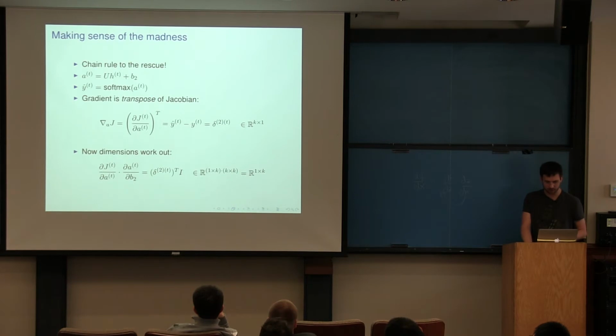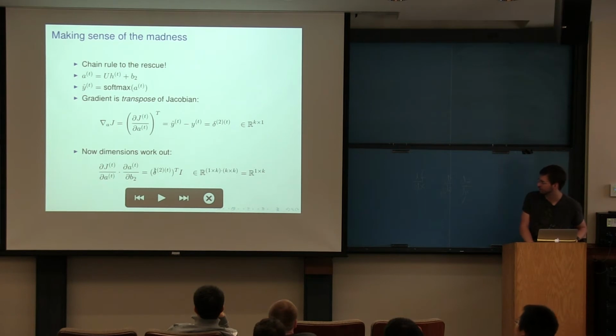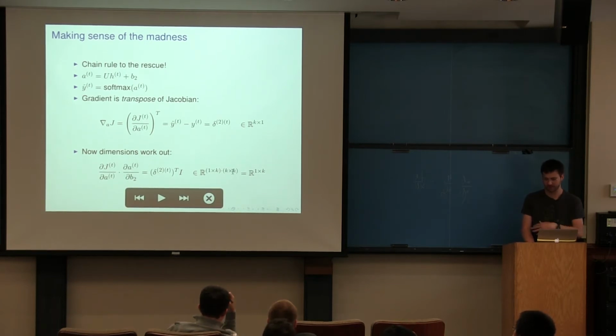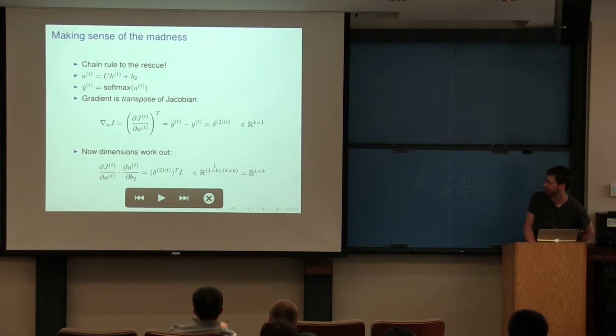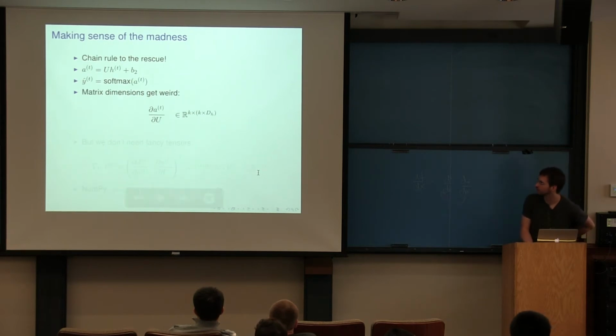So if we do that here, we're just going through this nonlinearity, and we see that the simple gradient with respect to the bias term is what you have seen. It's just delta. If you write it this way, using the chain rule and just taking the transpose later to get the gradient, you see that the dimensions work out. So you get 1 by k by k, because remember that this thing is really the identity matrix, so you get these diagonal matrices. And this works out. The row vector, take the transpose. It's the column vector we want.